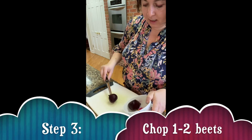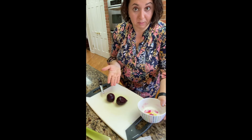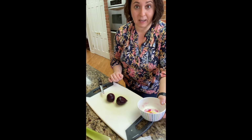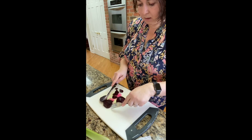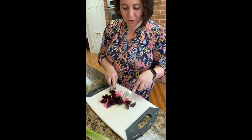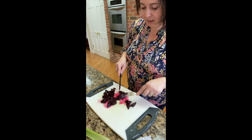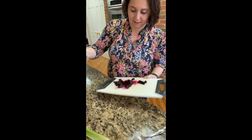So I'm going to quarter my beets. You can use a larger beet or 2 smaller beets is what I have. Or you can just use one of them. They add a lot of color instantly with just a small amount, and they are packed with these amazing vitamins and minerals. So I'm going to use a fork to help me slice it so I don't get my hands dirty. Look at this beautiful color. In nature, usually the deeper the color, the more antioxidants are in it. So look for those bright blues, reds, greens, because that is nature's sign that there's a lot of good stuff in it. All right, now that that's done, I'm going to add it in